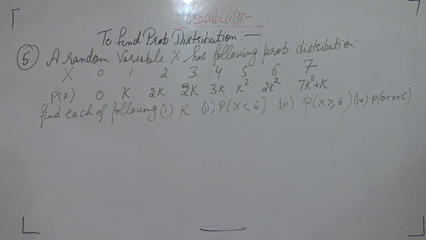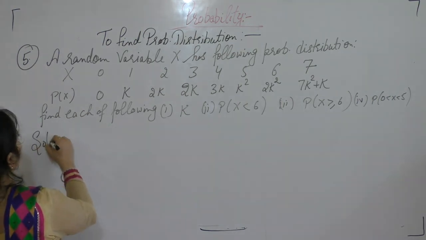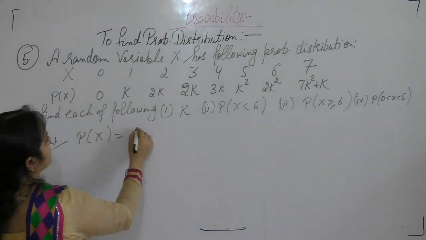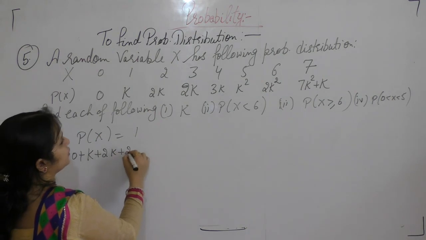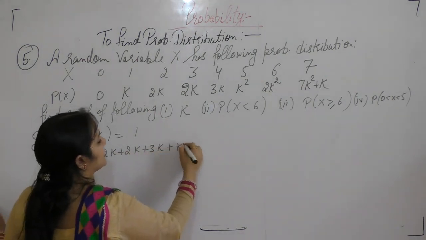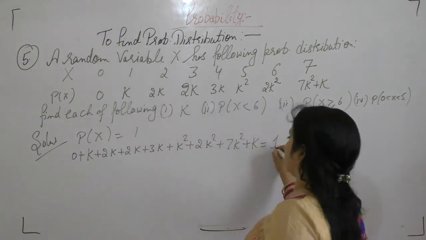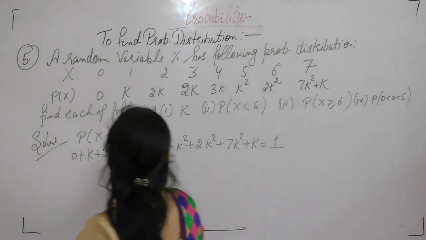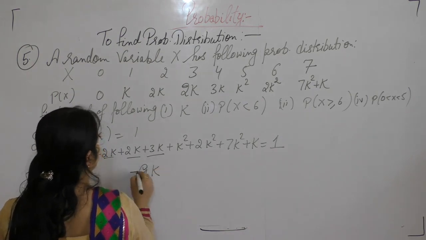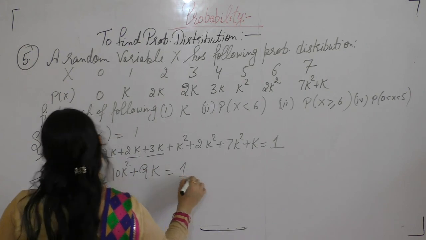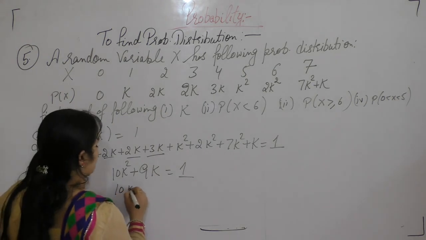Now this is the probability given for the random variable, so the total probability is 1. So 0 plus k plus 2k plus 2k plus 3k plus k square plus 2k square plus 7k square plus k is equal to 1. 8k plus 1k is 9k, plus 10k square is equal to 1. So 10k square plus 9k minus 1